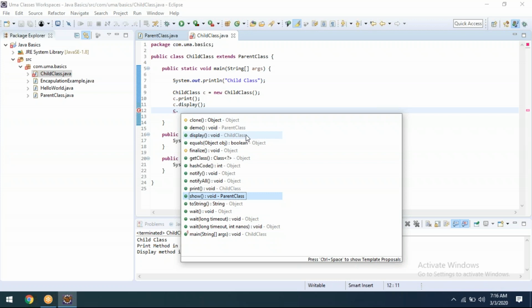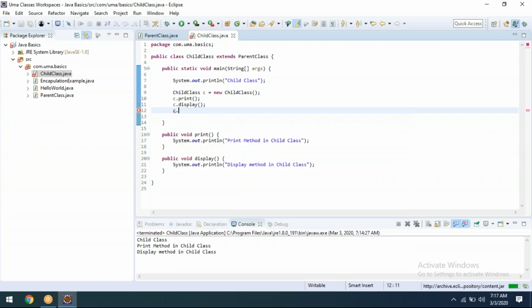Getting my point? Reversely, whenever we create an object for the child class, by using that child class object, we are able to call both parent class methods as well as the child class methods. Agree? This is rule number one.